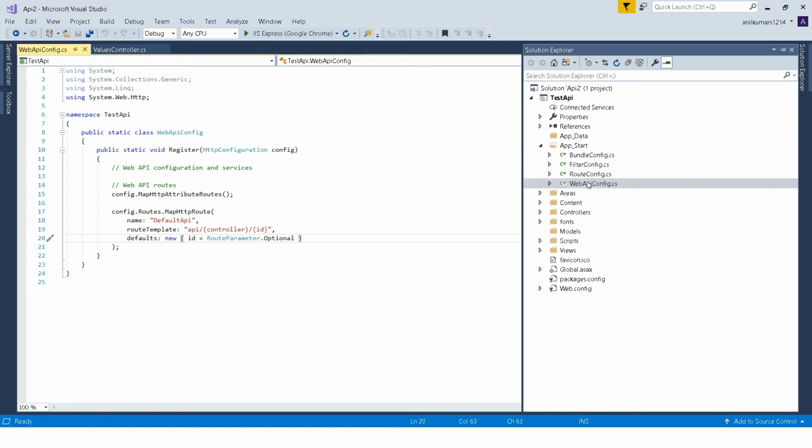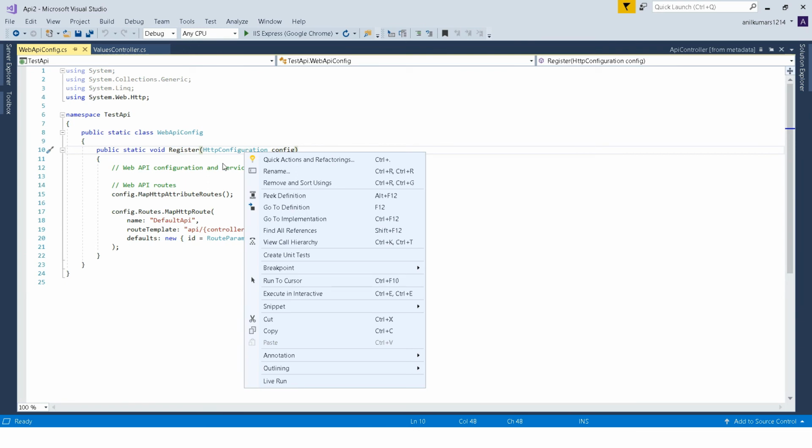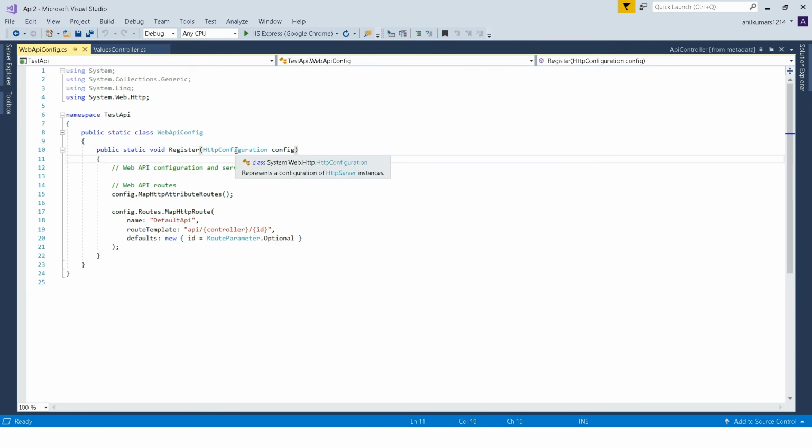So here, in the Register method, you will have different kinds of parameters to configure this Web API config file.